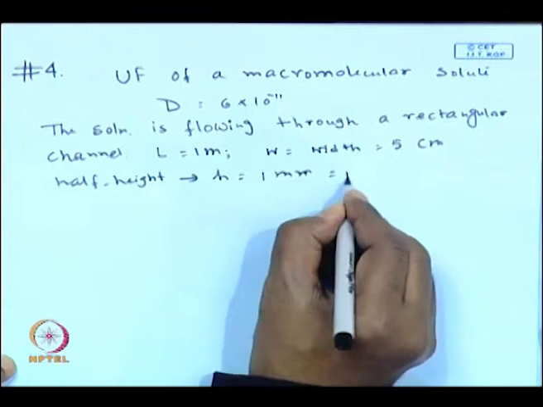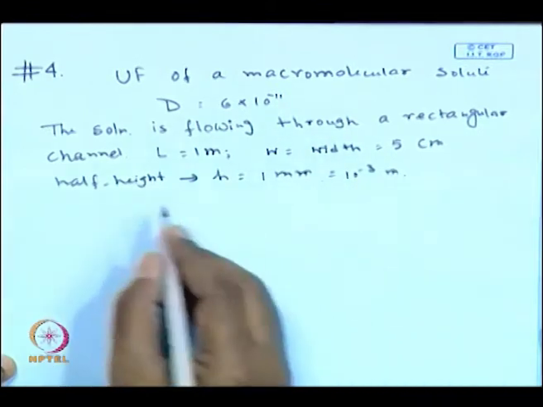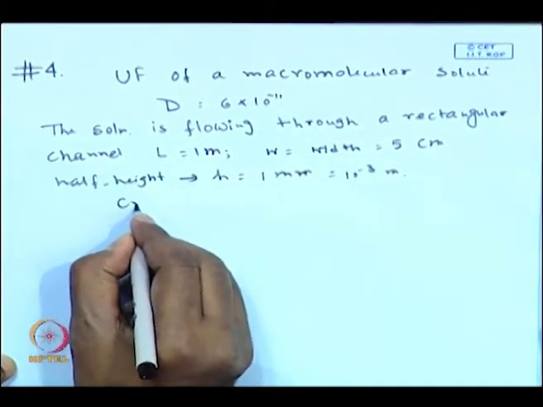So, that is 10 to the power minus 3 meter, and the cross flow rate